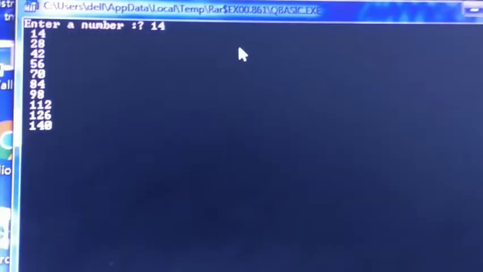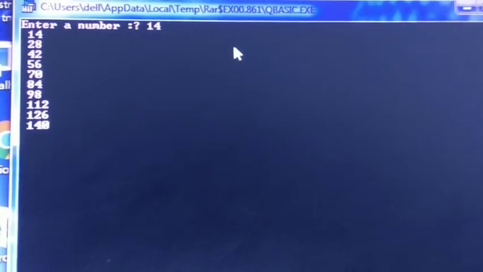So see properly in the figure, enter a number. We can enter the number 14. Then you press enter, then see properly, this is the output, the multiplication table of the number.